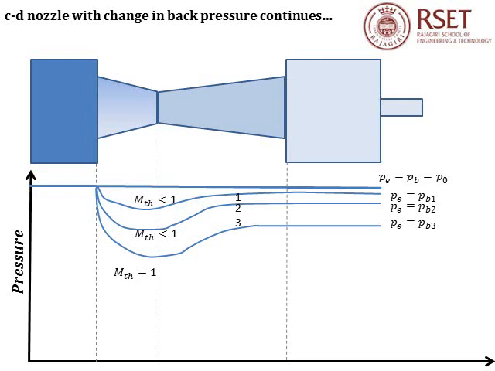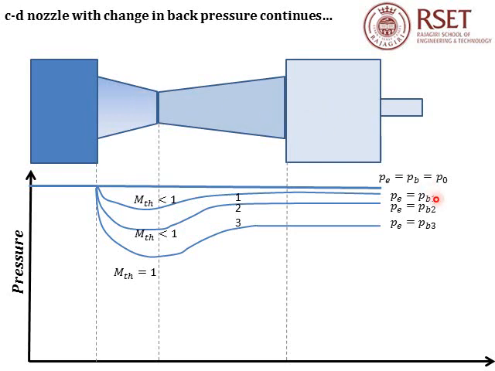Initially, when the valve is closed, the pressure throughout the experimental setup will be the same and equal to the stagnation pressure of the fluid. There will be no flow, and in the pressure versus length graph, we can represent it by a straight line. The exit plane pressure, the back pressure, all will be equal to the stagnation pressure of the fluid. As we open the valve, the pressure inside the settling chamber reduces. Hence, we set a back pressure value which is less than the stagnation pressure of the fluid.